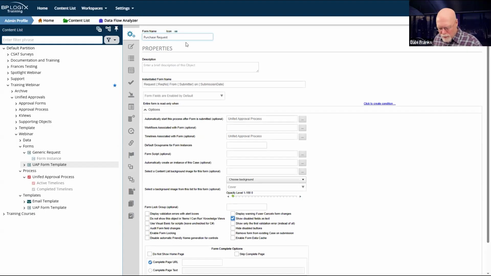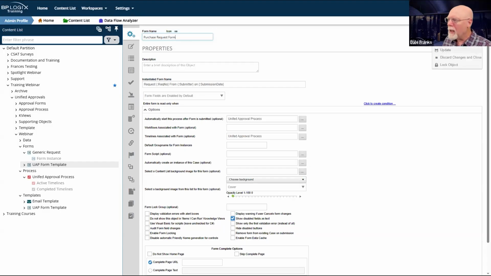But now I need a purchase request, and that's going to be pretty particular in what I need. Because it's a purchase request, I'm not going to need my user to select the accounting function or the purchase request process. I can just bake those into the form